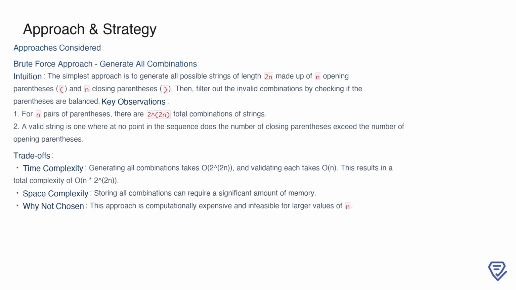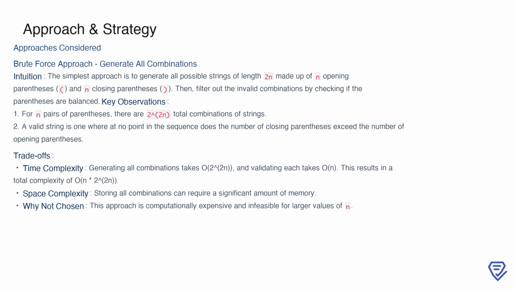The time complexity is n * 2^(2n), because we first generate all combinations and then validate each one. The space complexity is also high due to the need to store all combinations. Given these inefficiencies, this method becomes computationally expensive and impractical for larger values of n, which is why we decided